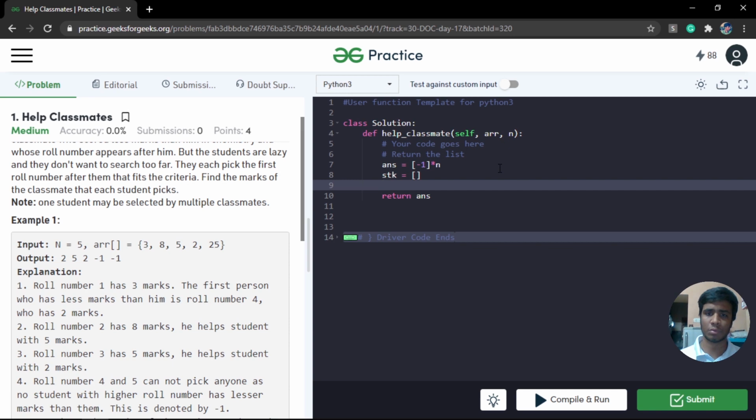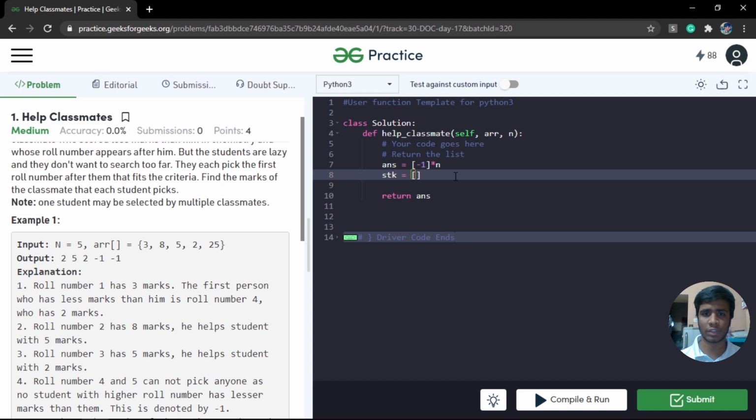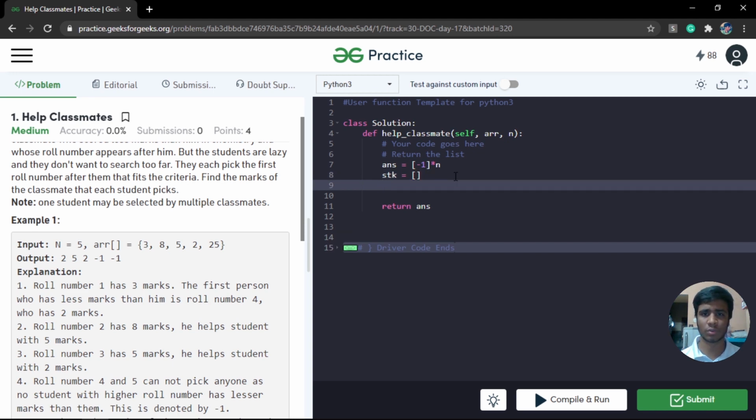If you want the inbuilt stack, we can import it from the collections module. There is something called a deque, but there is no difference. You can simply use a list as a stack. For inserting, we can use append, and for popping, there is a pop inbuilt function on list as well. So a list can basically be used as a stack.